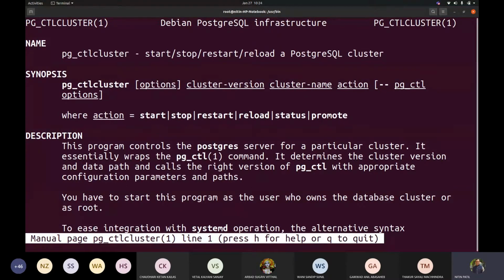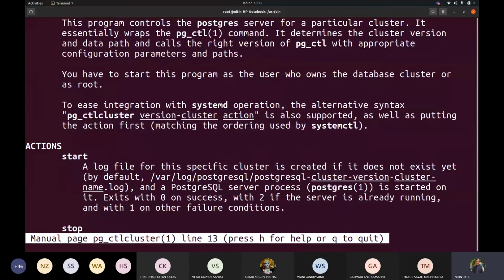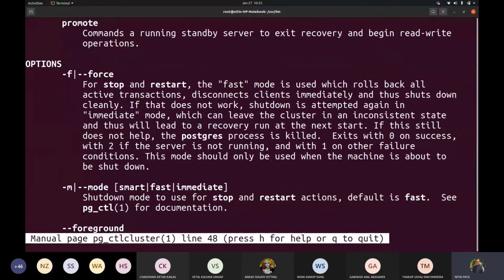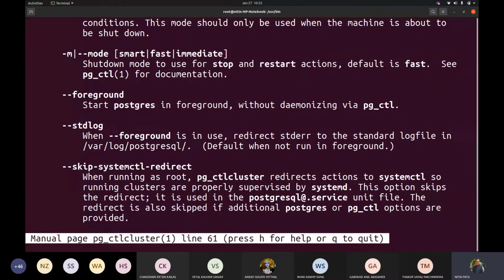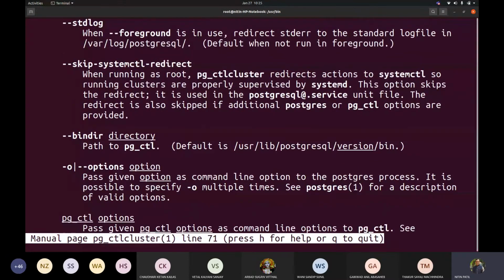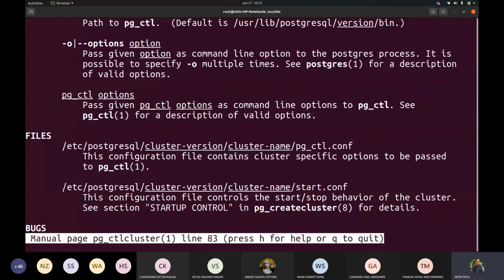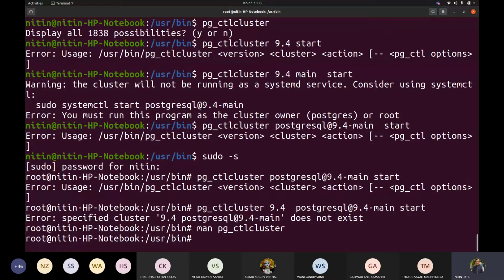So ultimately what do I want? I want my server to start and stop. So how exactly am I going to do this? I want inputs from you. How shall I go with this? How to start the server? Have you gone through the documentation? Because I asked you to go through the documentation as well.